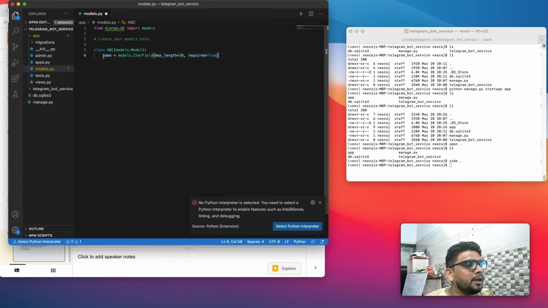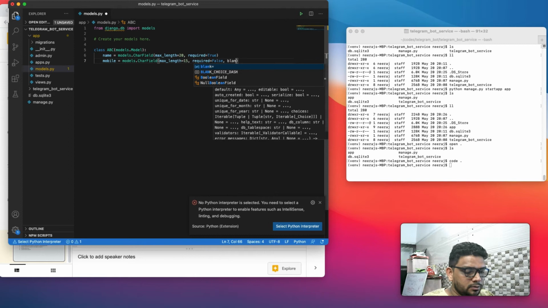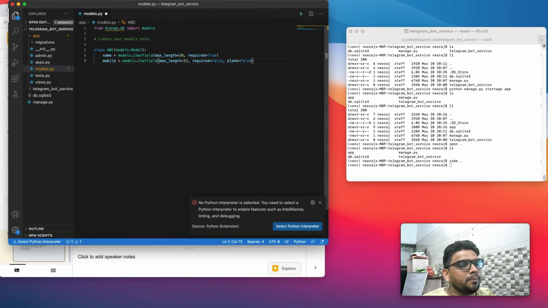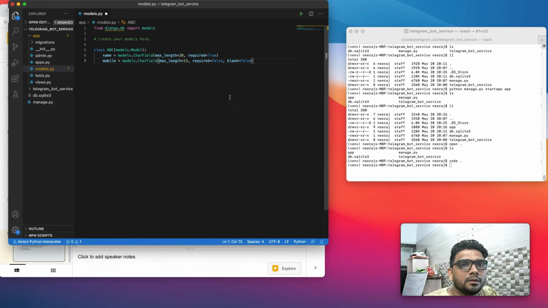And let's suppose I add another field called mobile, a char field with a maximum of 15 characters, and let's not make it required. Let's say required equal to false and blank equal to false. So yeah, that's it. Now, after creating a model, I need to create a migration.